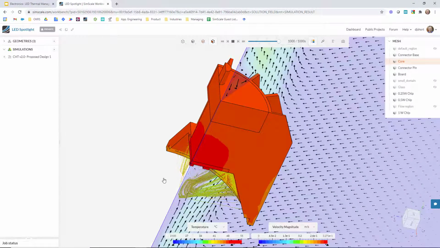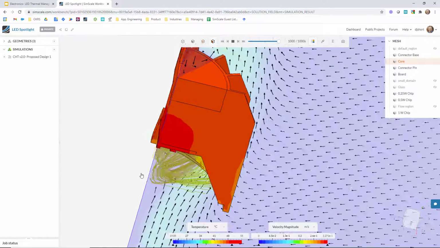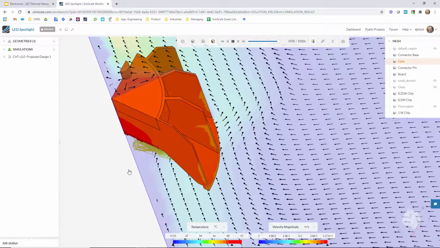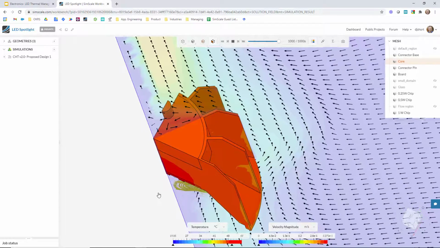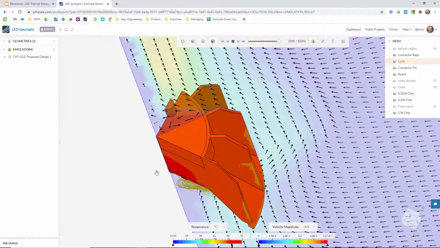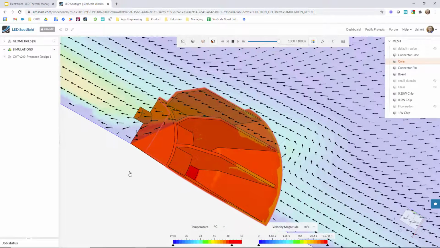We're firstly having a look at the results to our proposed design 1, where we can see the heatsink on the outside here. And you'll notice that we're running a quarter model, so we're taking advantage of the symmetry of the model, so that we can really optimize the run times of our simulations. There's no need to run the full model if it's symmetrical. So here is the heatsink. We can see the temperature distribution across the heatsink.